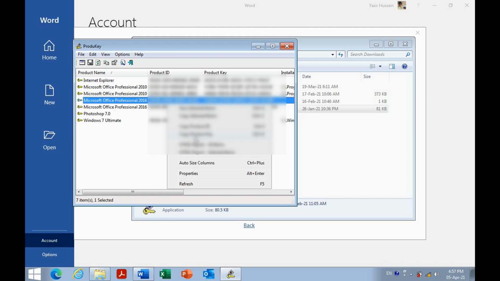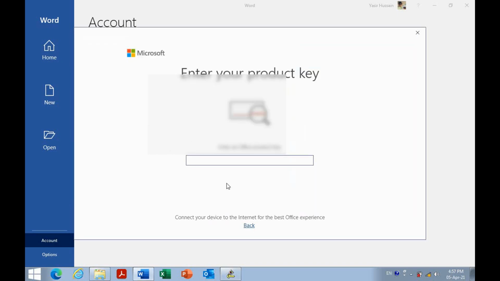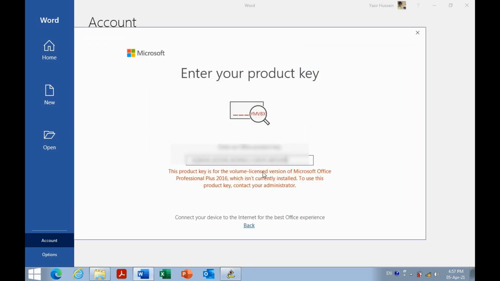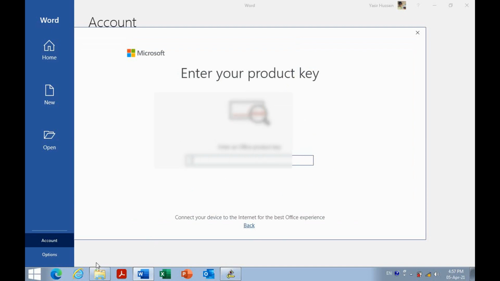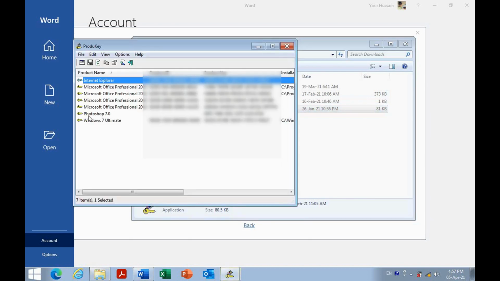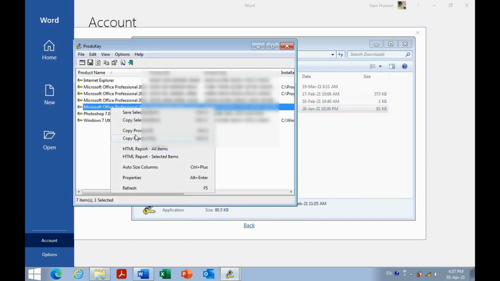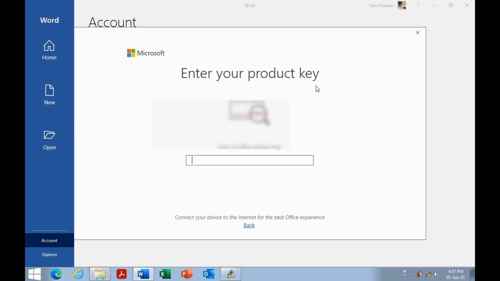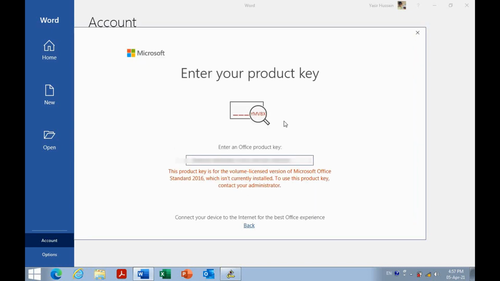First let us check which one is working. Copy product key, and this product key is for the volume license version, which isn't currently installed. I told you I have removed Office 2016. So now let's try the second one. Copy product key and go. This product key is for the volume license version of Microsoft Office.